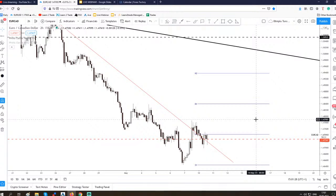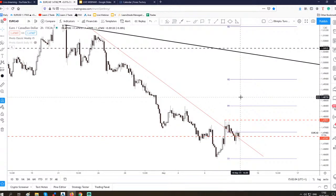Right now it's pressuring again the weekly pivot point, and only a valid breakout above the pivot point, a new higher high, could signal a temporary and short-term upside movement on the euro versus the Canadian dollar. Guys,